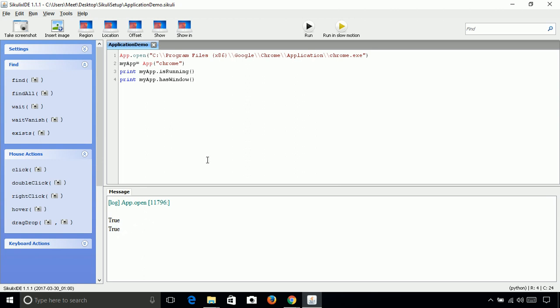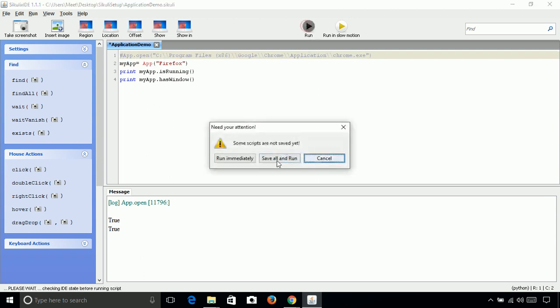true. Now let's change the application name and put in Firefox. In our case, Firefox is not running and its window is also not present, so both functions should return false. Let me put this in a comment for now, and let's run it.